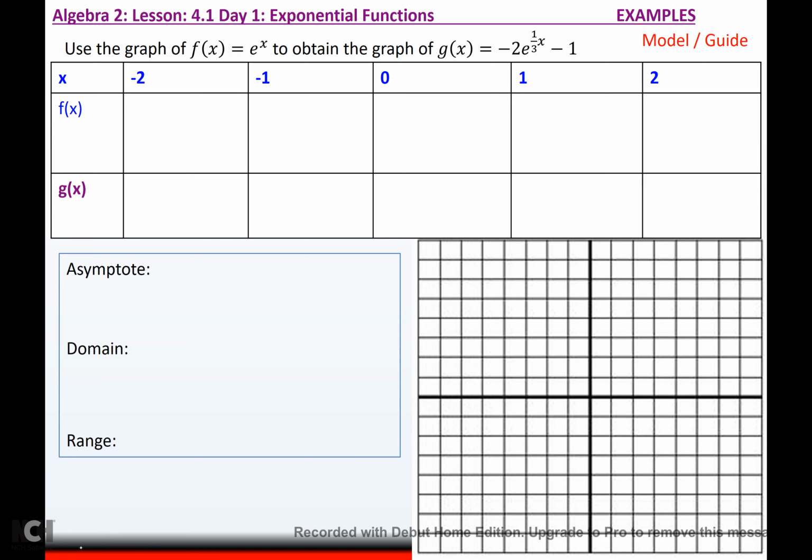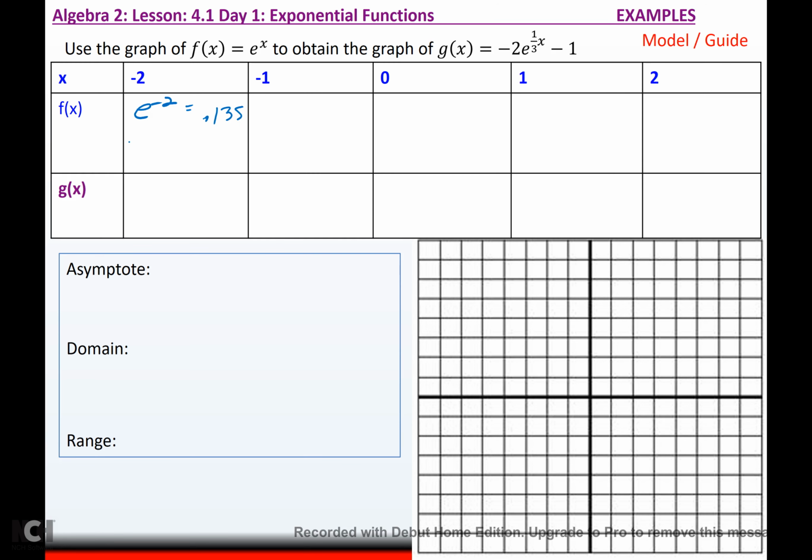Alright, so now if we look at this one, now e to the x. E is just a number, it's like 2.72. Okay, so don't panic on the e's. Alright, so when we have e to the x, let me get my right color. Okay, this would be e to the negative second, and you literally type it in. Your e is the blue above the divide, so you hit second divide, caret, negative 2, and I get